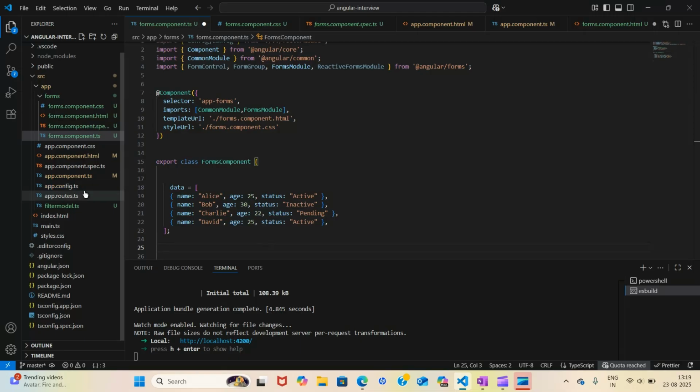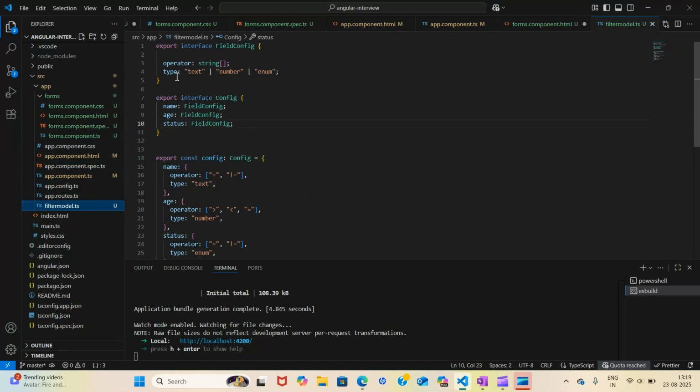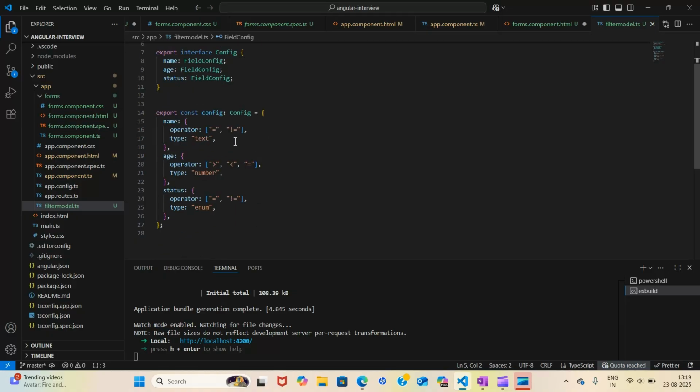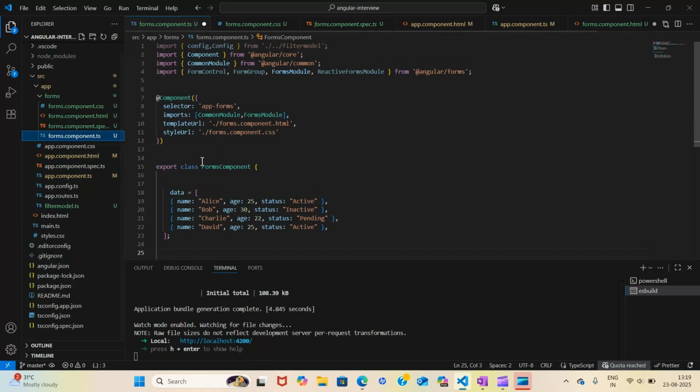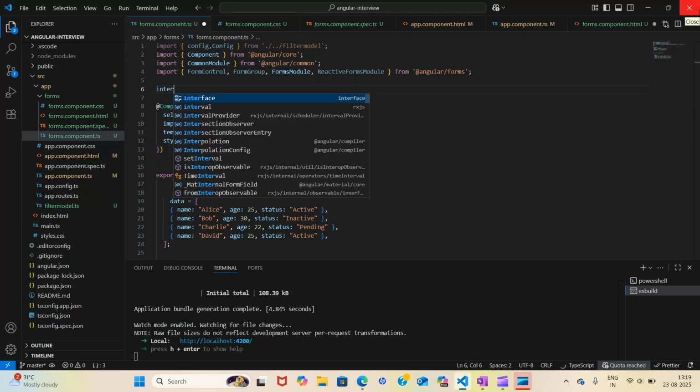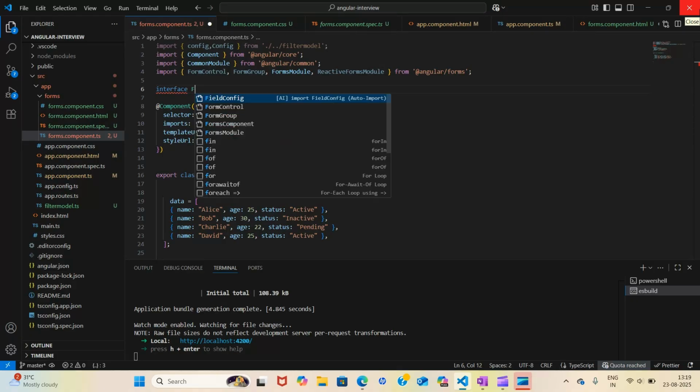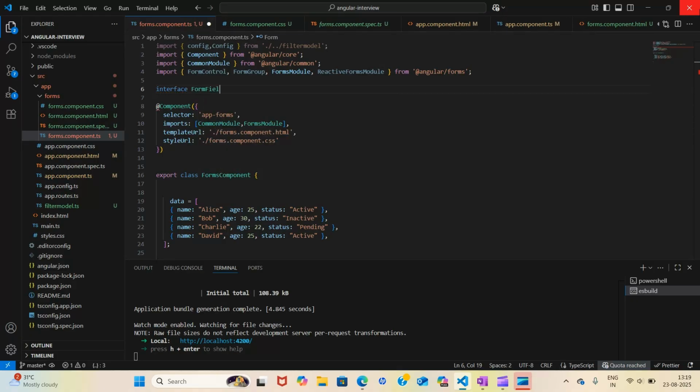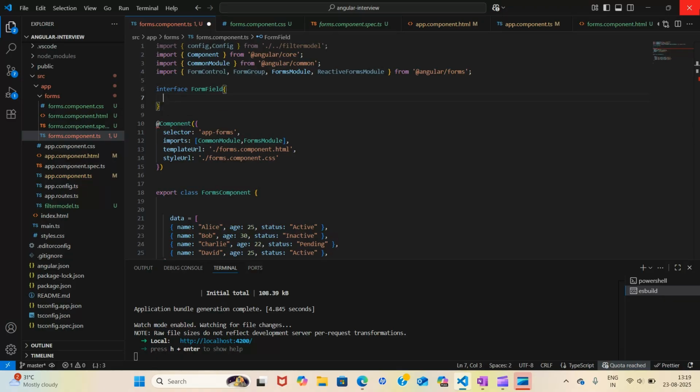To not make this video too long, I have already written my interfaces here. You can see the field config; I have pasted the screenshot there to help you understand the config. Now let's come to this form. I told you that I need an interface of type form field. It will have what will be shown in your UI.